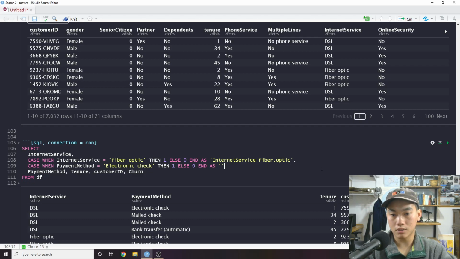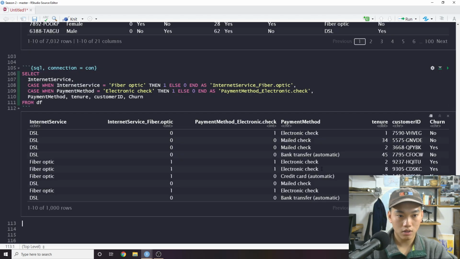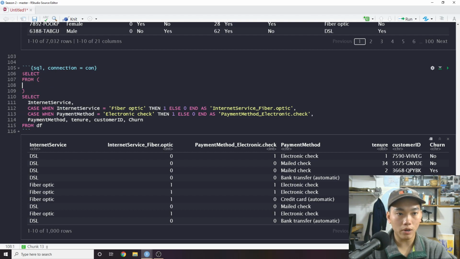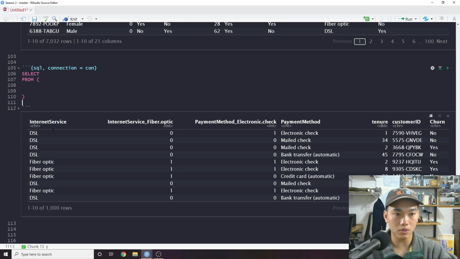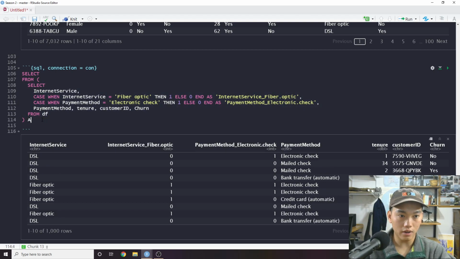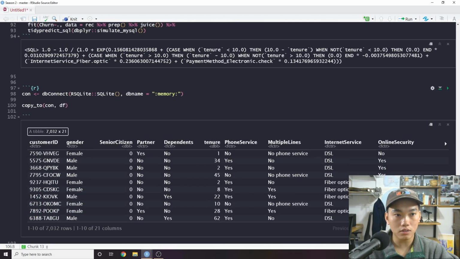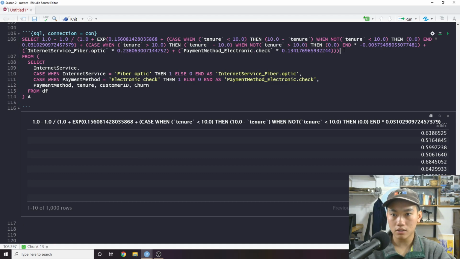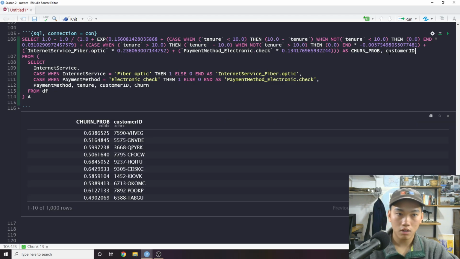Oops. And we'll actually make that into a little column. So we have that, and finally we can just do a little select star. So select from, or a little subquery. We'll say select from, and we're going to be selecting from this other query right here. I'll give it an A, and then we'll copy and paste this just to test it out. Right, so we have that, and then we'll say churn prob, and we'll also select the customer ID. Okay, so now we have the probability of churn with our customer ID